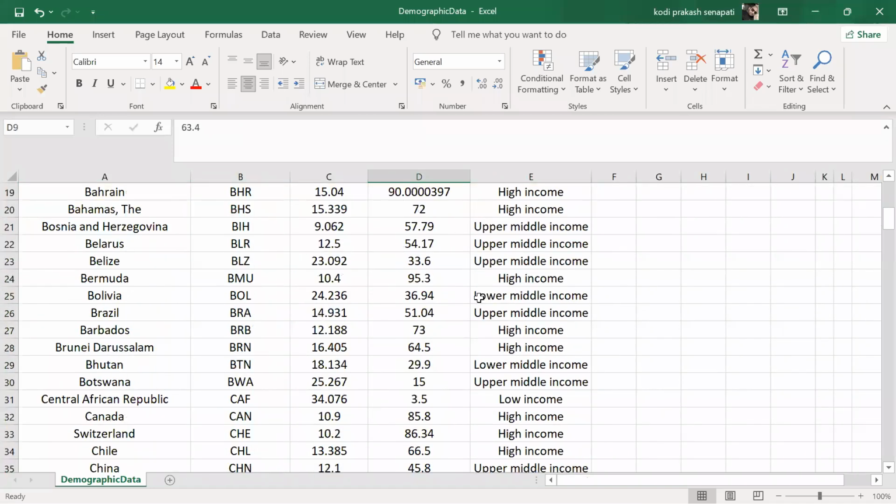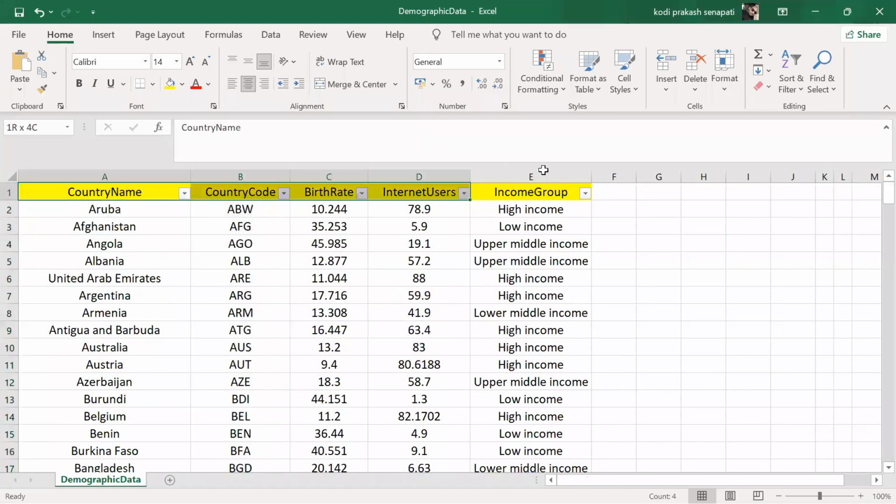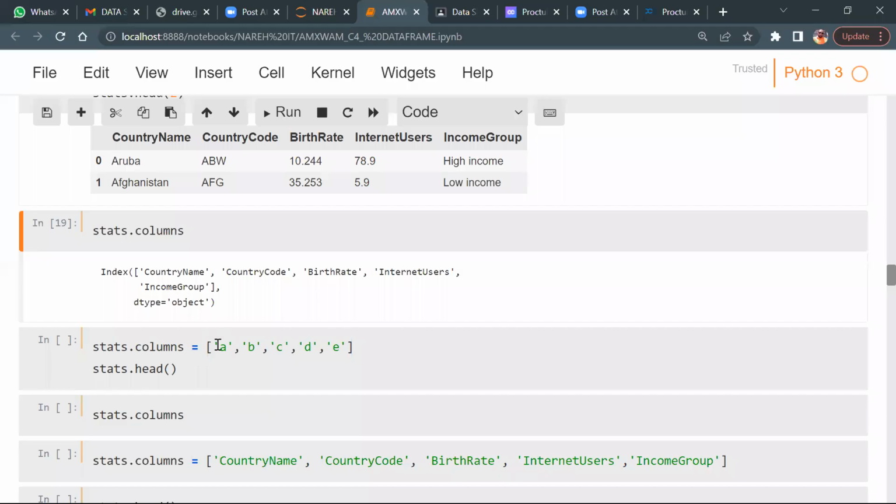Got it? So these are the columns we have. Now my simple question is, can I change country name to A, country code to B, birth rate to C, internet users to D, and income group to E? Can I do that? Yes or no?